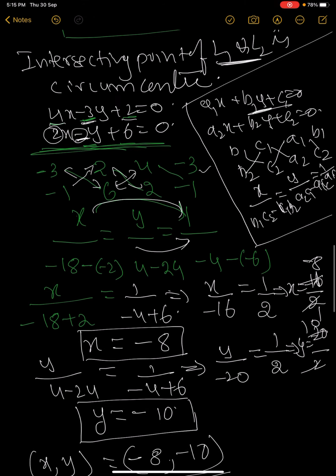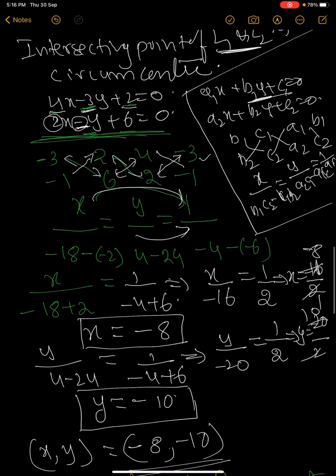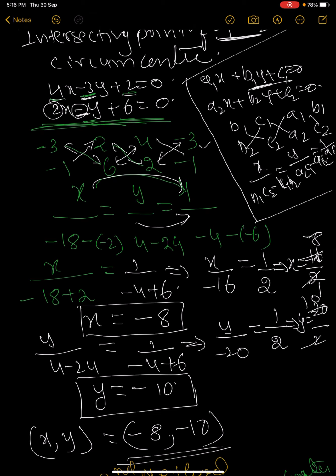Then you take x by, y by, and constant 1 by. Here 3 times 6 is 18, minus of minus 2 times 2. For y by: 4 times 2 is 8... 4 minus 24, and 1 by 4 times 1 is 4, minus 4 and minus of 2 times 3 is 6. This minus is from the formula AD minus BC. So minus 4 minus of minus 6. Then x by minus 18 plus 2 is equal to 1 by minus 4 of minus 6 plus 6, so x by minus 16 is equal to 1 by 2.